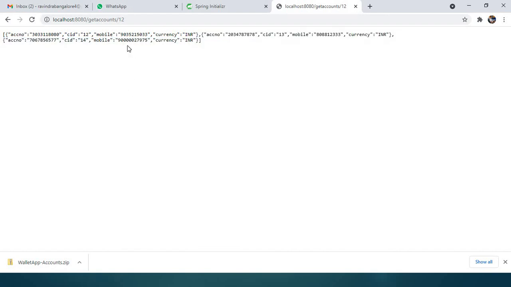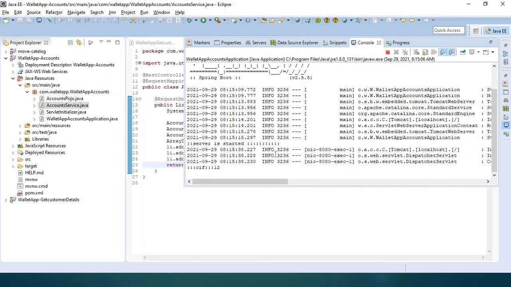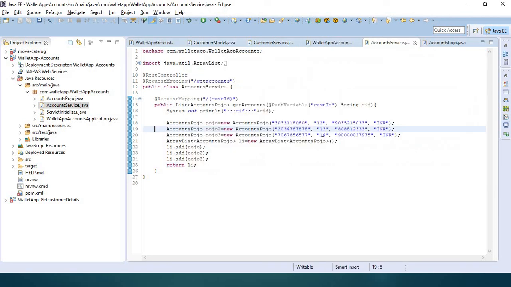So now we have created one get customer profile API and the get accounts API, right? Now we have to make them communicate with each other by using APIs, like get customer, and based on the customer ID how we can get accounts. Like API to API, we have to see the calls, how the API calls will be. Now you see we are able to get the details, the server is running and we have created the API. This looks like the same RESTful web service API only. It's very easy if you know RESTful web services.